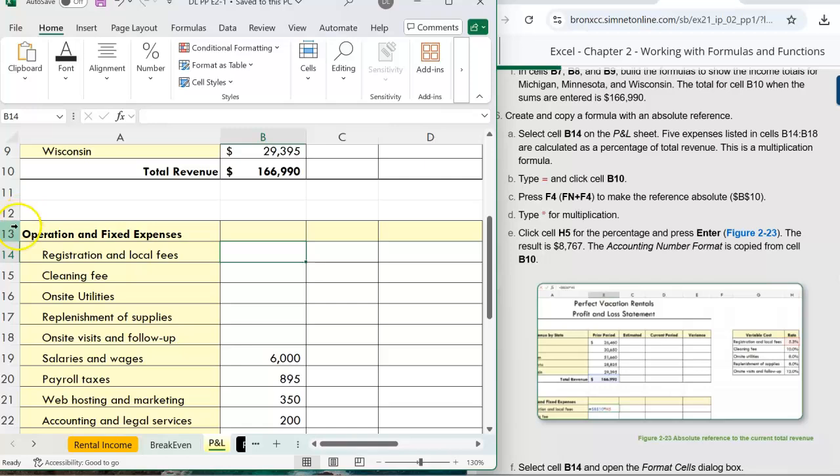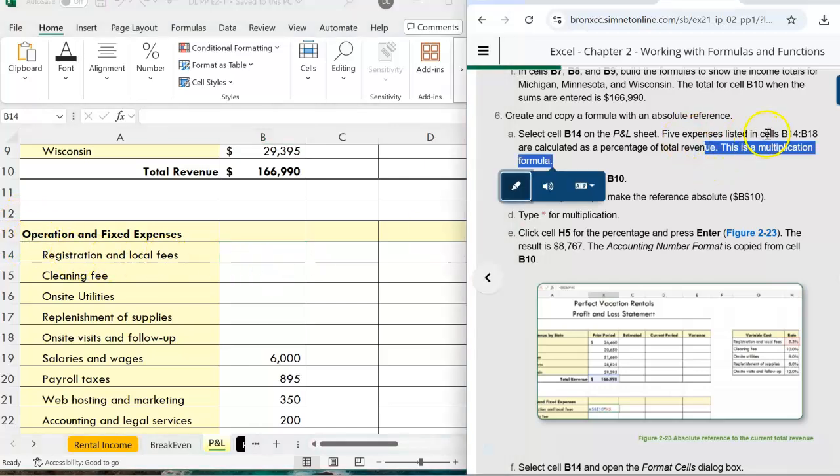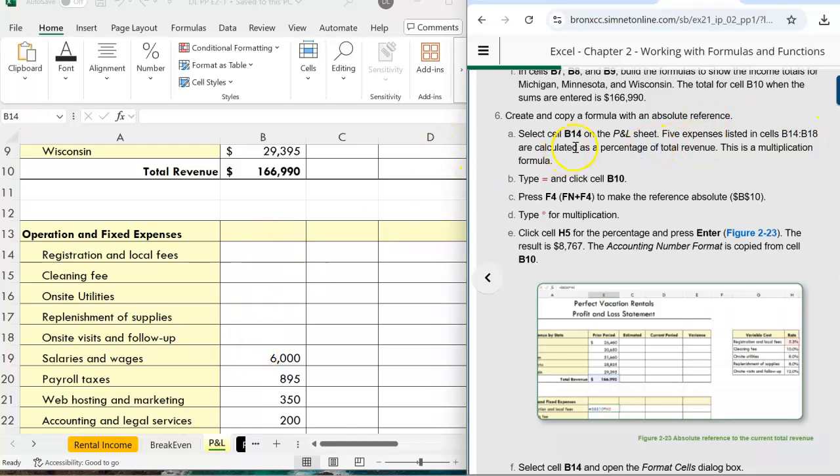Here it's calculating the expenses, registration and local fees. Here it says the 5 expenses listed in B14 to B18 are calculated as a percentage of total revenue. So the total revenue here is 166,990, and we're going to take only a percentage from another sheet and calculate the percentage of the total revenue. How are we going to do that? Let's click